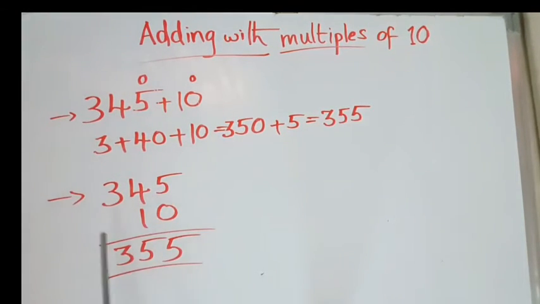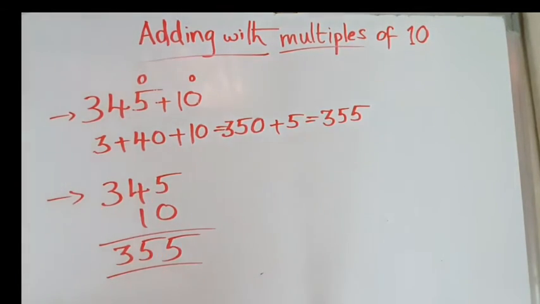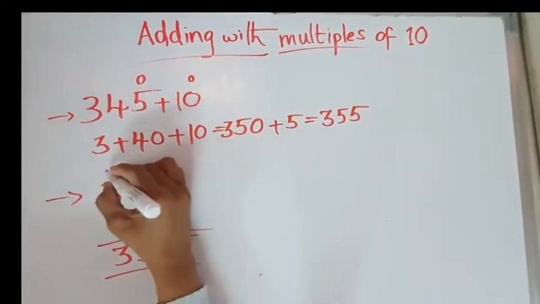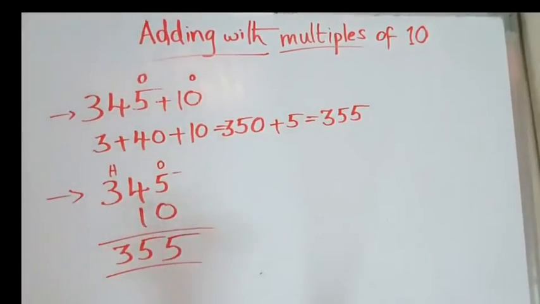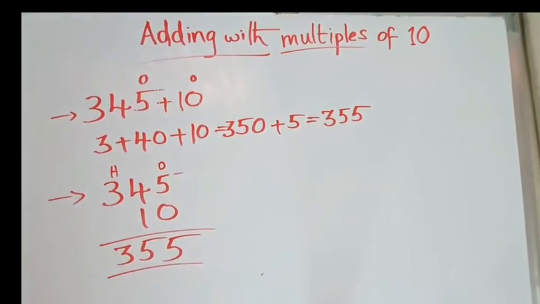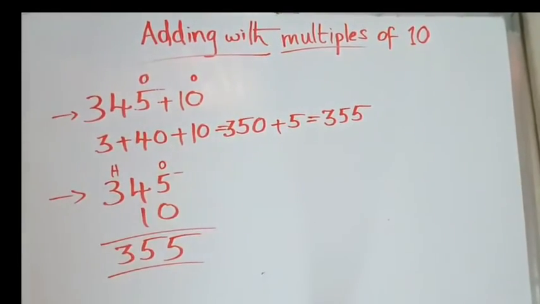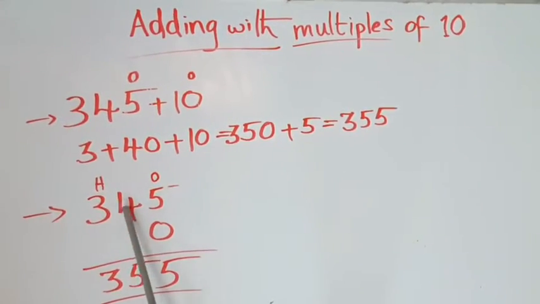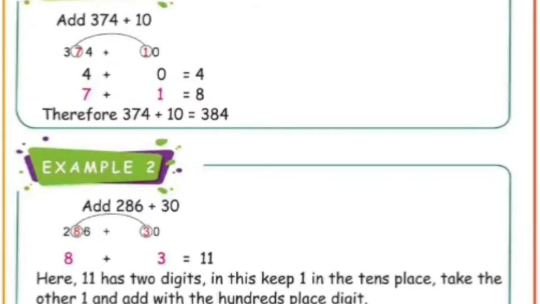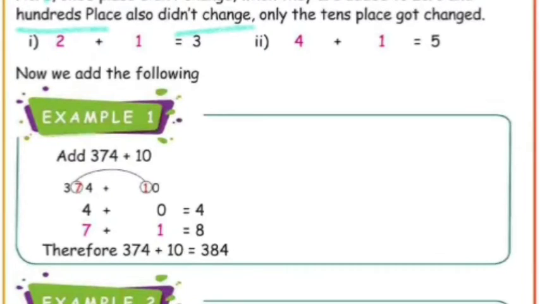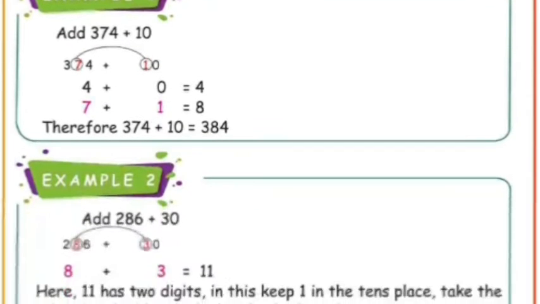Or another method is in this way. So 5 plus 0, 5. And 4 plus 1, 5. In the place of ones and in the place of 100, same as it is, we have to write. In the place of tens, we have to add. It's changing. Now we add the following. Just look over here. Example 1. We have to add